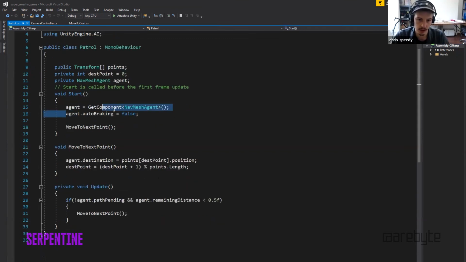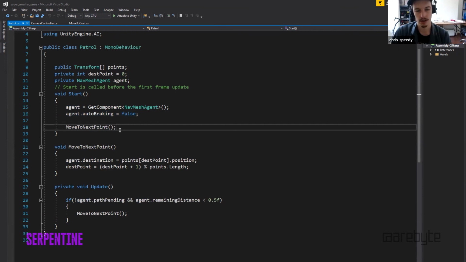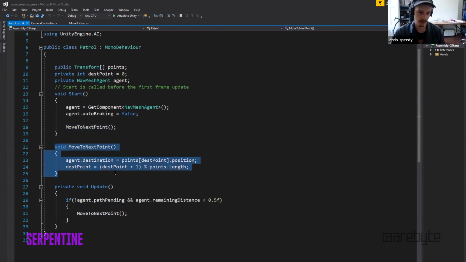You see here that in the script I've turned auto braking off, so it doesn't matter whether we actually set it in the nav mesh component in the editor. And you'll also see here that at the start I'm calling this mysterious looking variable. This is a custom function that I wrote to make this code a bit neater, and it's very